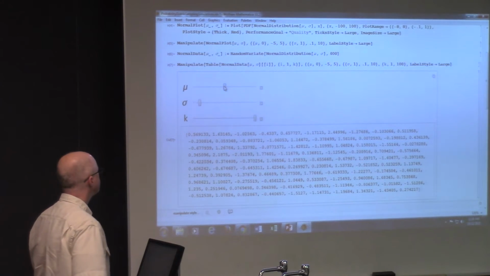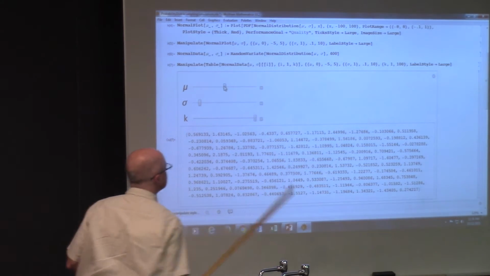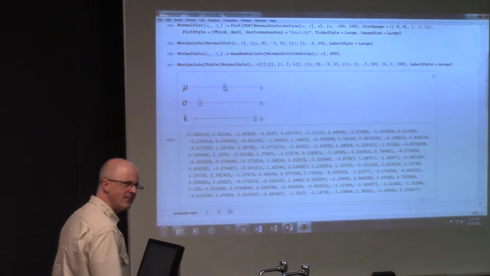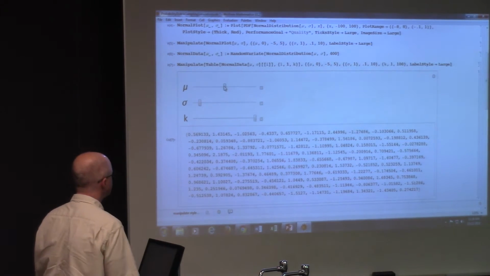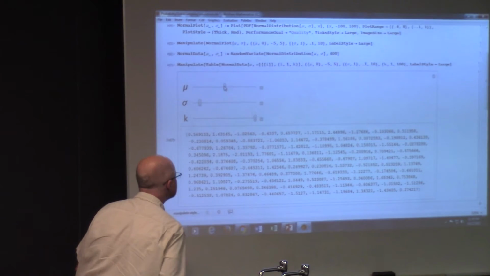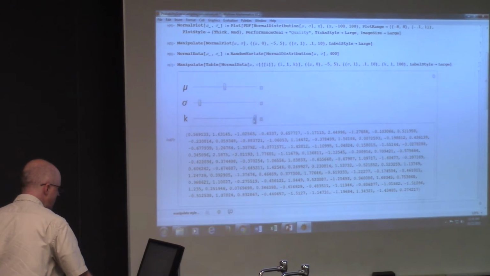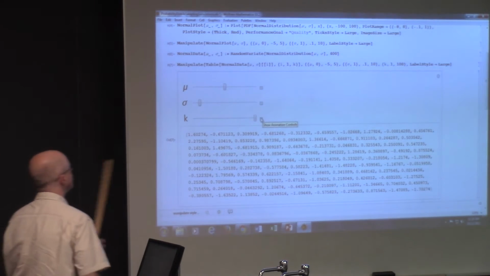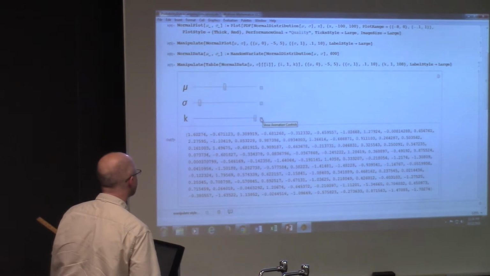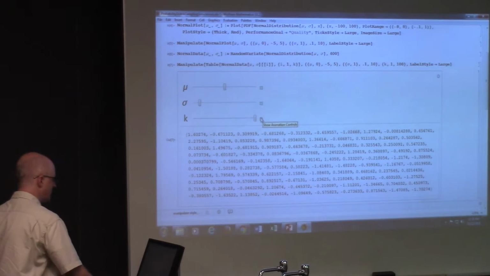Are any less than -2 or bigger than +2? Well, that one is. About 5% of the time, they should be either bigger than 2 or less than -2 because of the 68, 95, 99.7 rule. Any others? I don't see any others offhand. Though if I go back and redo this, I get different data. And there is one that's bigger than 2. Any less than -2? Maybe, but I don't see any right at the moment.